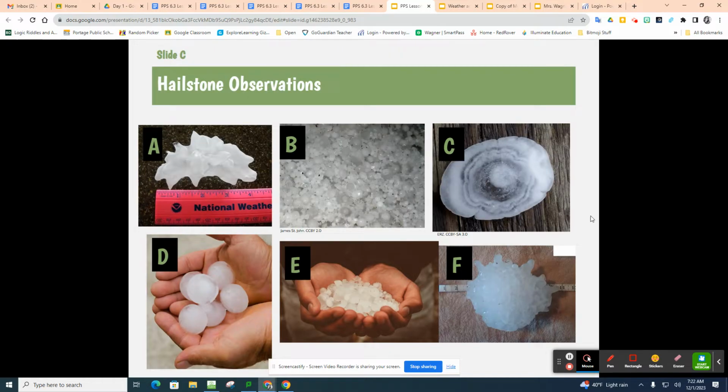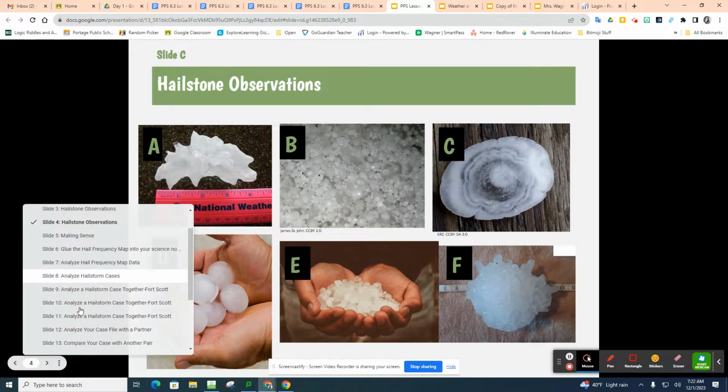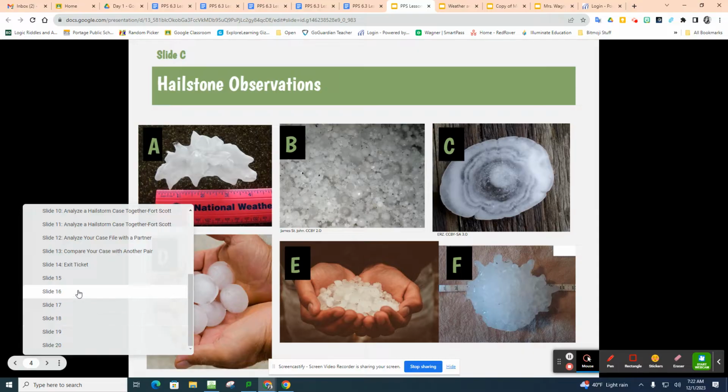And if you don't have any observations for those 6 hailstones, please make sure you do those first. Make sure that you also include the size, the shape, the color, texture, and anything else noteworthy about any of these hailstones. Okay? All right, after that, you're going to look at some patterns with